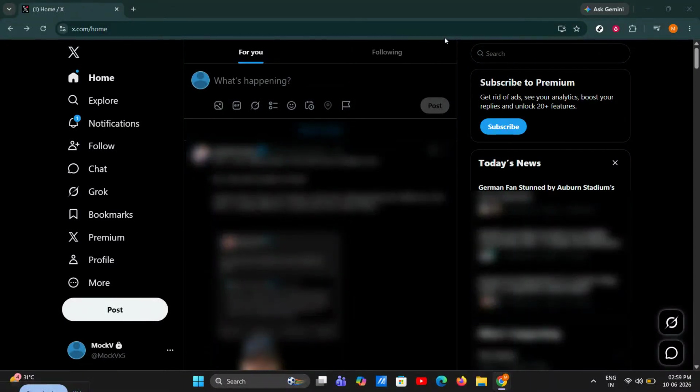If you're new to X, formerly known as Twitter, this quick guide will walk you through the basics so you can start using the platform with confidence. We'll cover how to log in, understand the home screen, create a post, interact with content, customize your profile, and